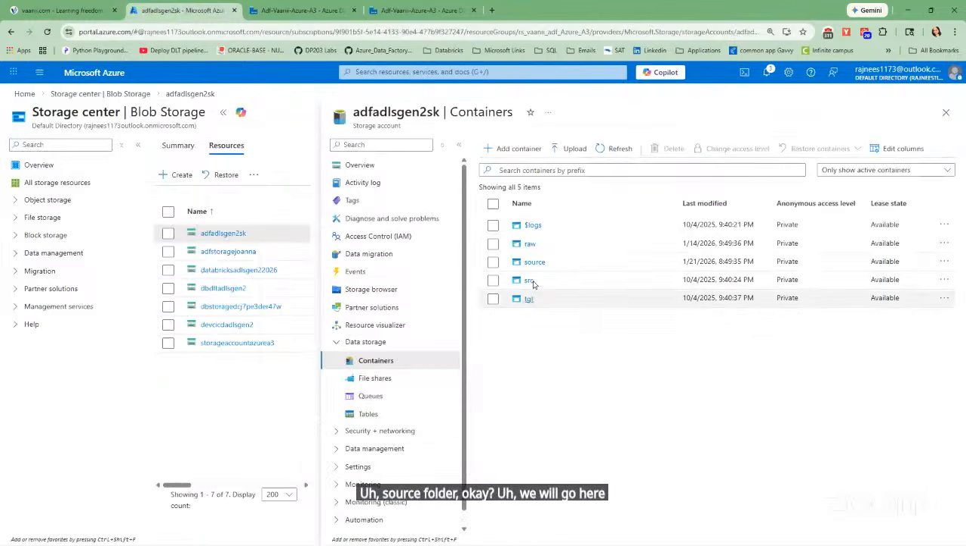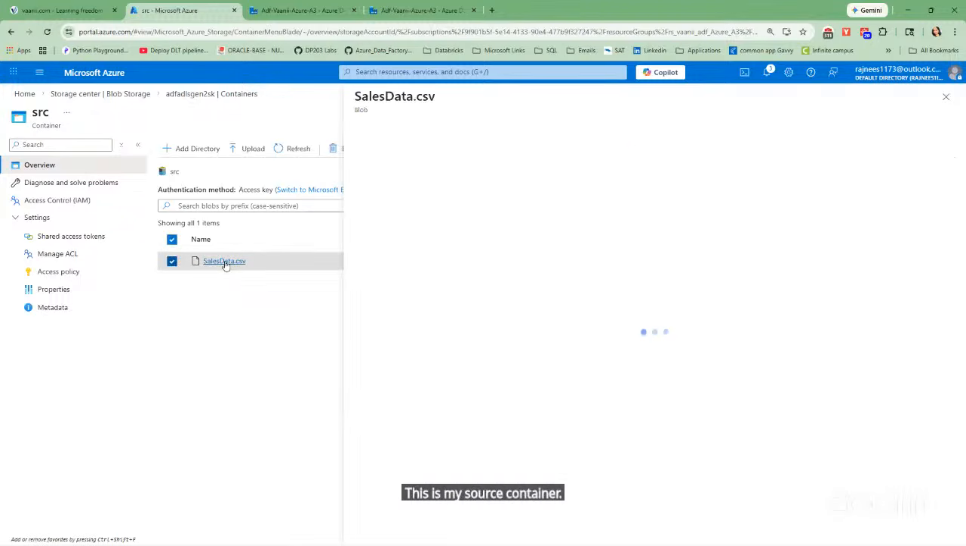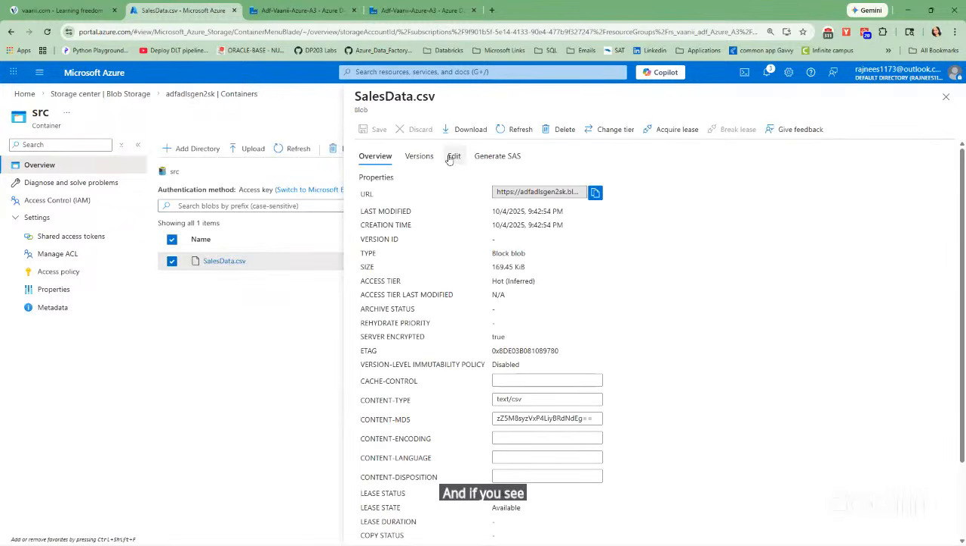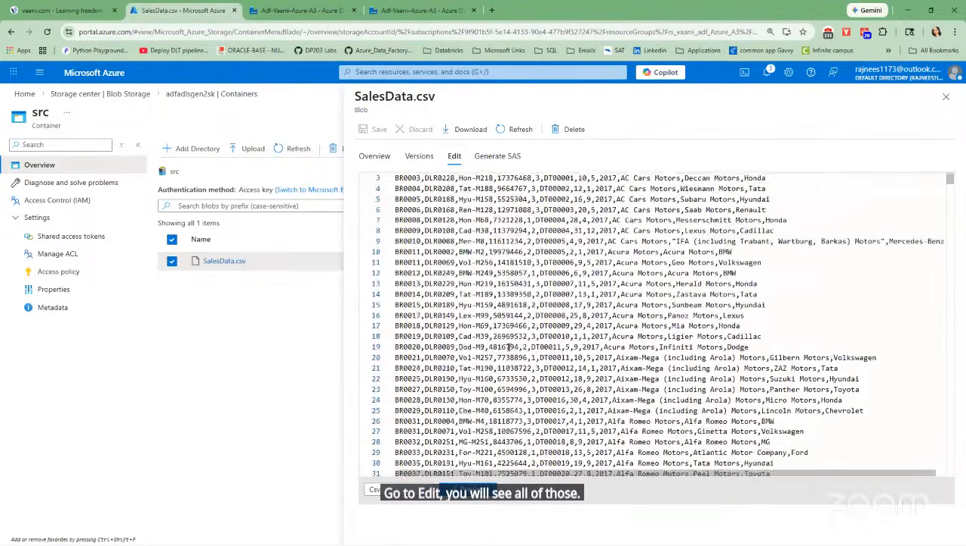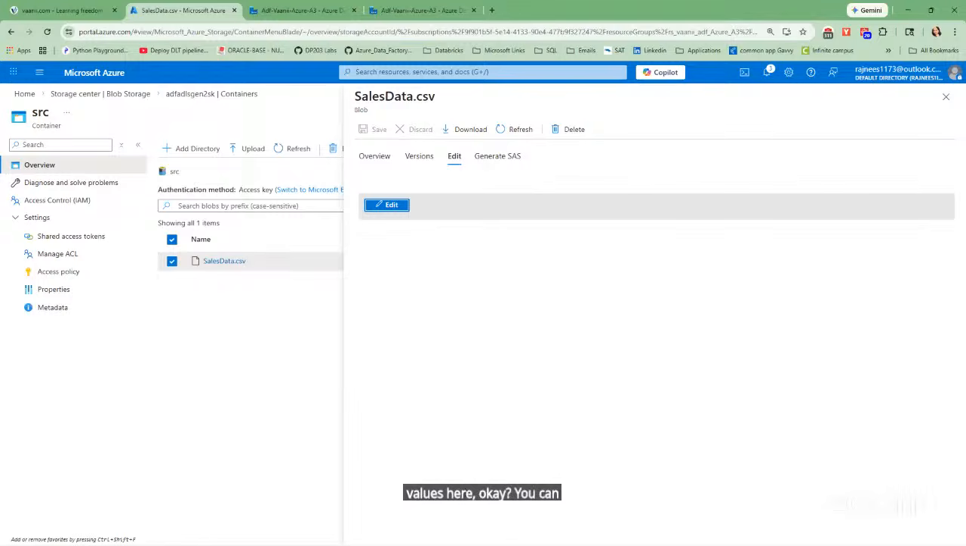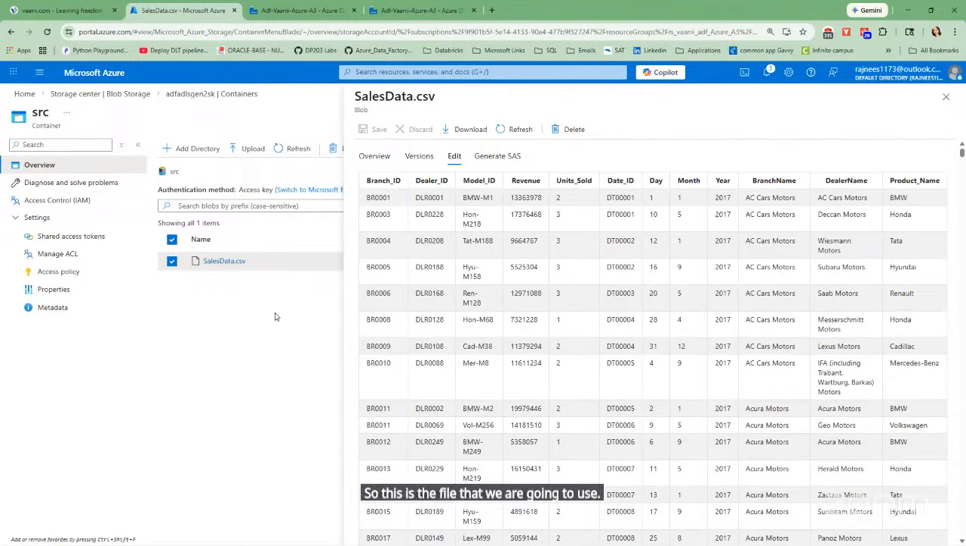This is the portal. This is my source container. And if you see this file, go to edit, you will see all of those values here. Okay, you can see the preview here as well. So this is the file that we are going to use. This is in my ADLS in the source container. And if you go back,